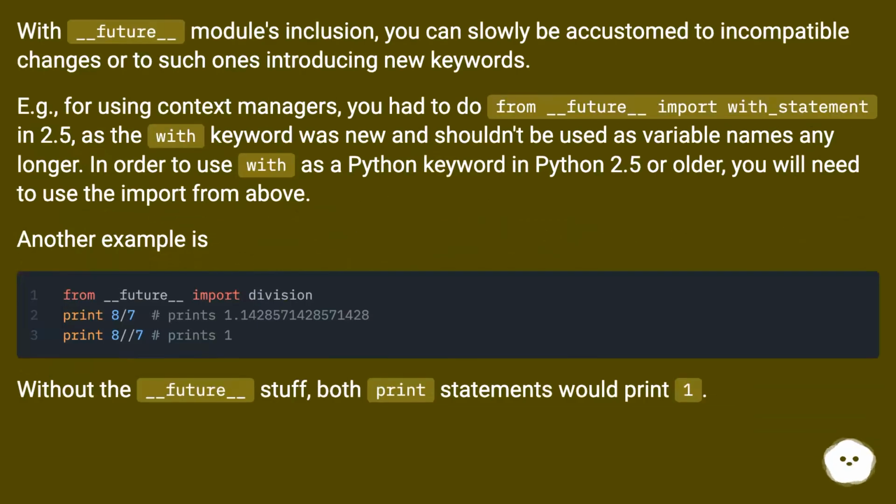With __future__ modules inclusion, you can slowly be accustomed to incompatible changes or to such ones introducing new keywords. Example, for using context managers, you had to do from __future__ import with_statement in 2.5, as the with keyword was new and shouldn't be used as variable names any longer. In order to use with as a Python keyword in Python 2.5 or older, you will need to use the import from above. Another example is,